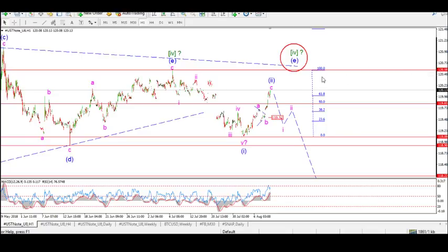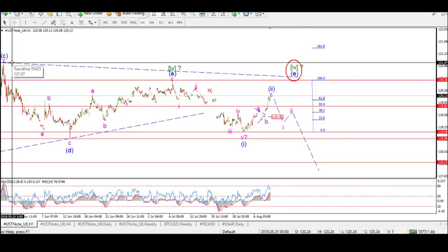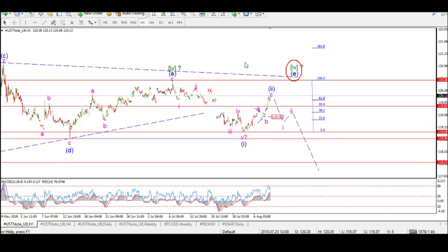threaten the low 120s. Maybe it should break 120.58 anyway. And we would not expect any break of the previous wave C, which lies at 121. So we don't want to see a break of 121, but the fact that we had this sharp rise today raises the possibility that we could be seeing 5 waves up in a possible wave C of E. That's the alternate count. But for now, we're going to stick with the 5 waves down and a possible 3 waves up. The way we can confirm this is if we get a break of 119.50